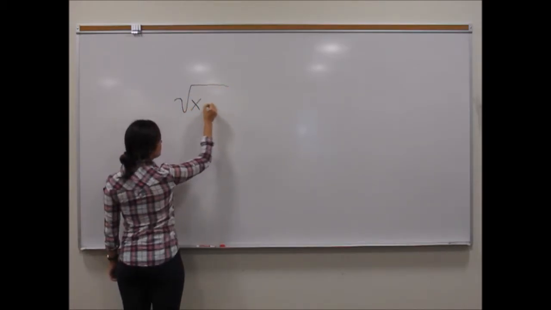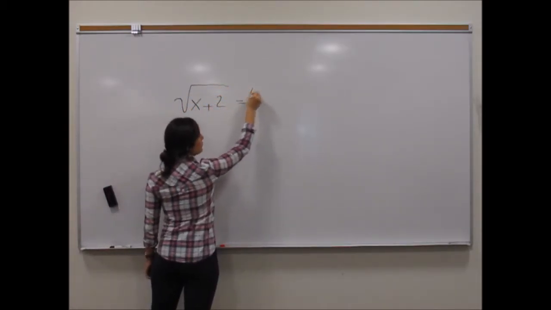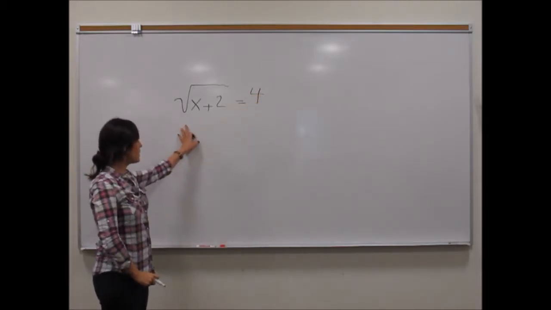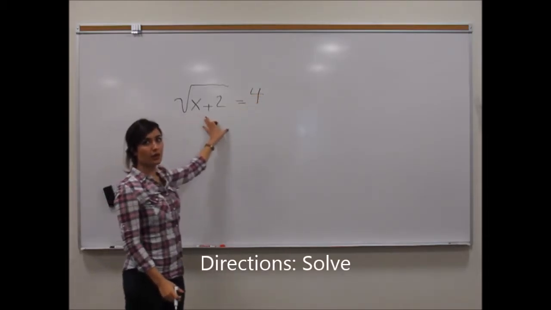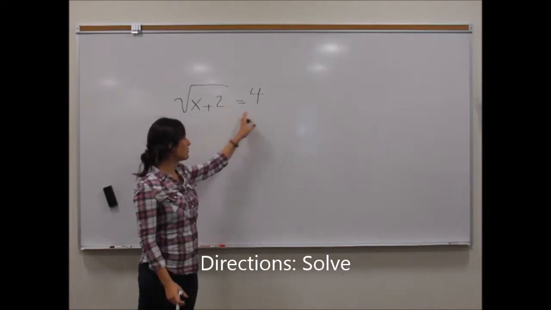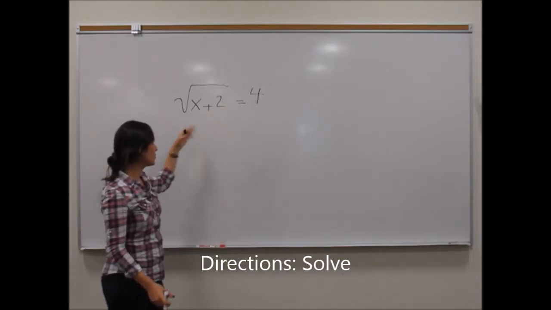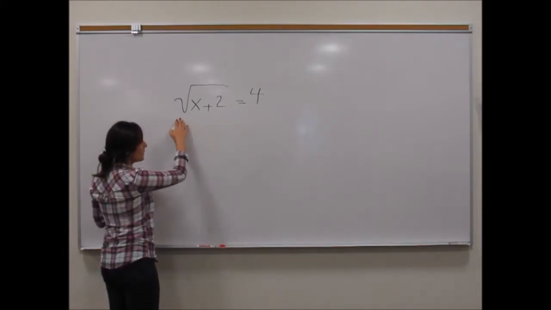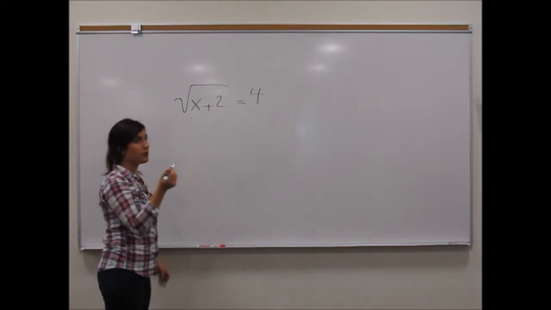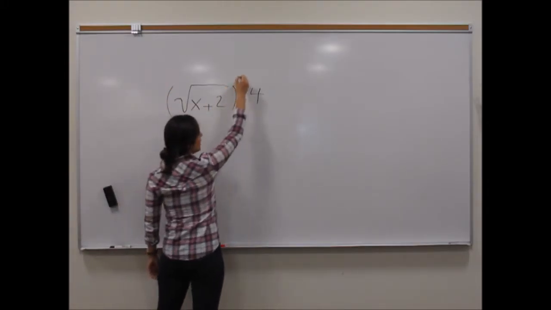√(x + 2) = 4. The radical expression is already on one side of the equation and everything else is on the other side, so we don't need to do anything. Here I have to raise both sides to the second power. So if I square both sides,